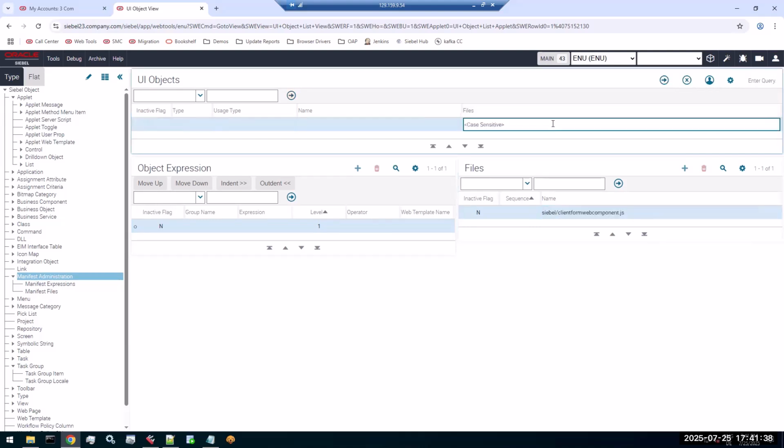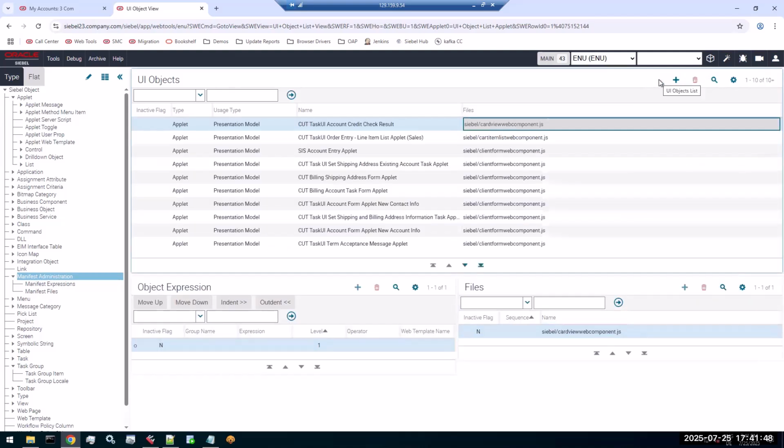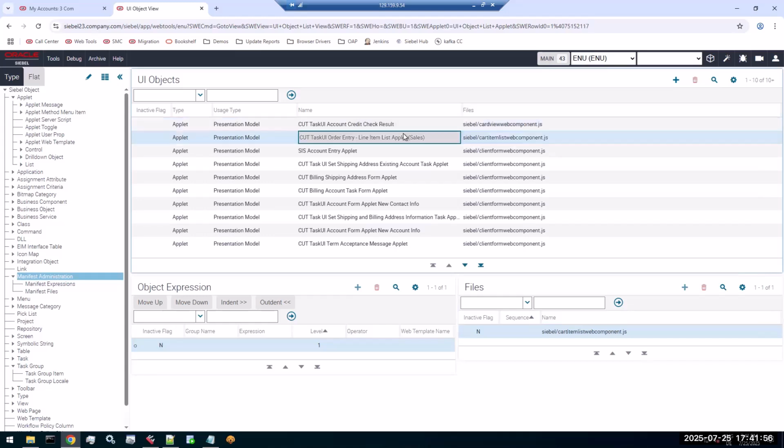So if you do a search for files that include web component in the name, then you see that there's a lot of manifest entries with that repository upgrade,